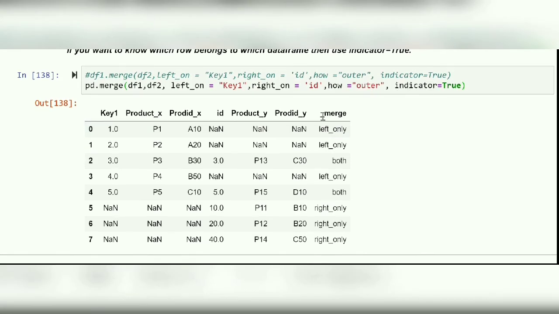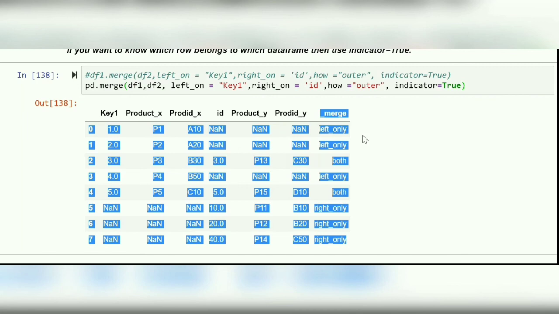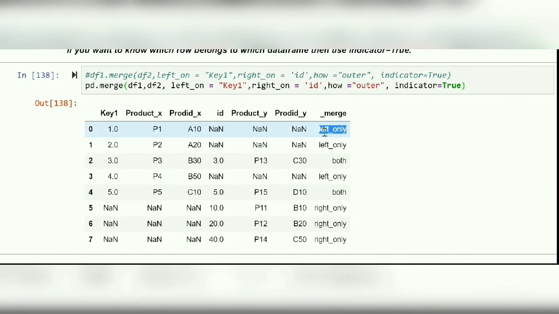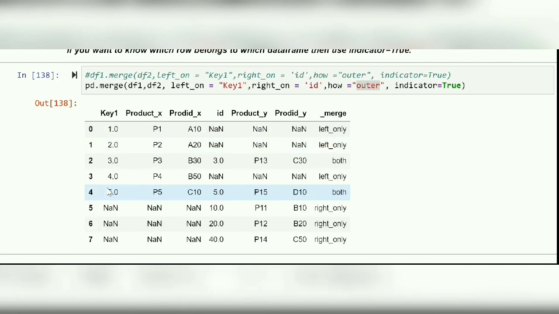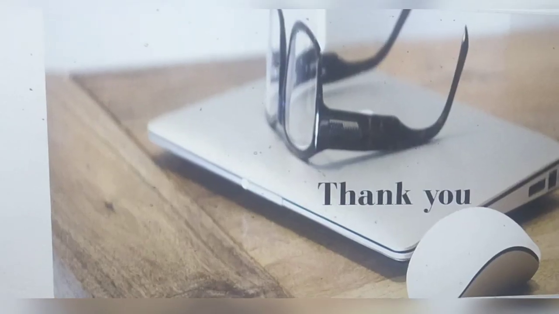This indicator equals true creates a column called _merge, which will tell you that this is a left only row, and because it's an outer join, this will tell me which row belongs to which data frame. So this belongs to the left data frame, and this belongs to both, because 5 and 3 were present in both the data frames. So this is the indicator equals true argument.